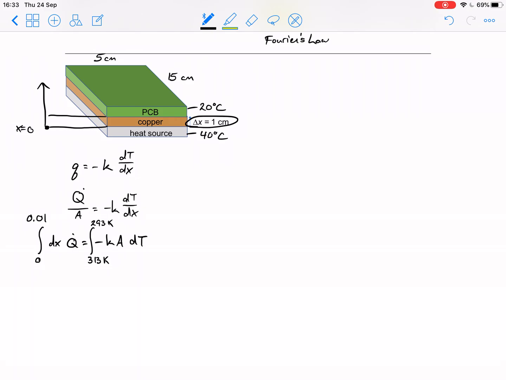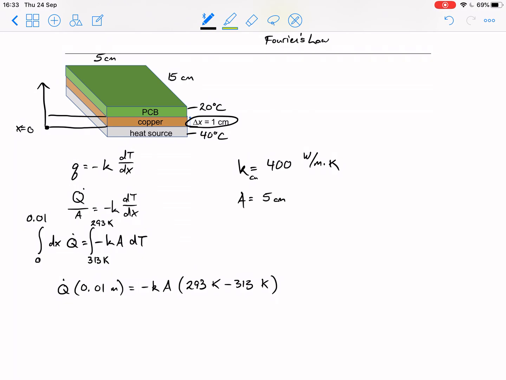Okay, and if we do that, we now have Q times 0.01 meters equals negative K A times 293 Kelvin minus 313 Kelvin. So we need to know our area and our thermal conductivity. The thermal conductivity we can look up for copper. For copper, that's 400 watts per meter Kelvin. And the area we can calculate,